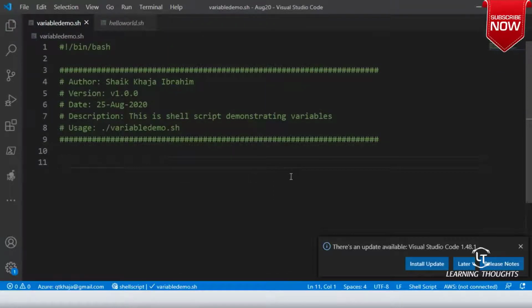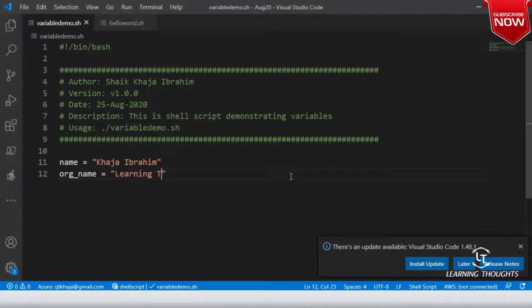Now here in the script, I'll be writing name equals, and then I'll write something like arg_name equals learning thoughts.